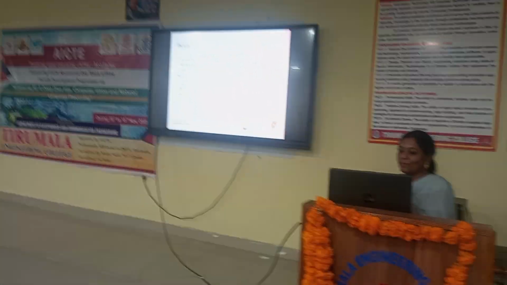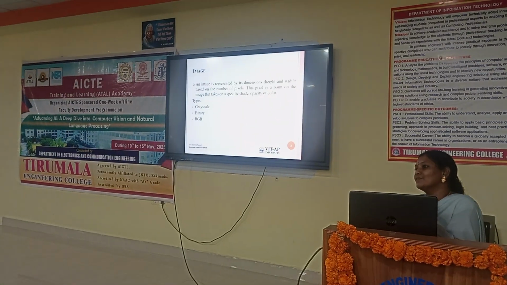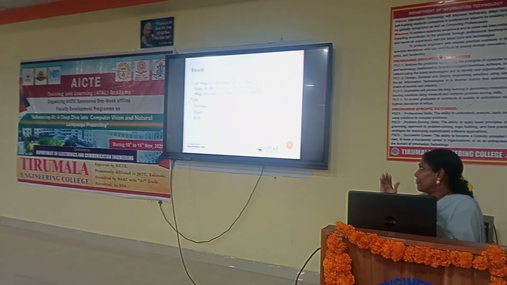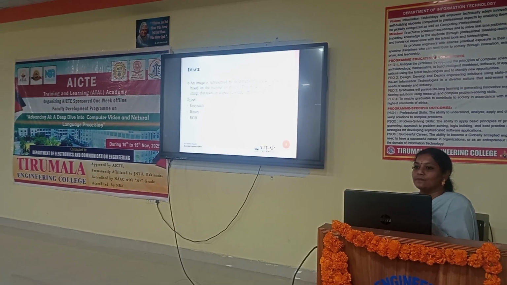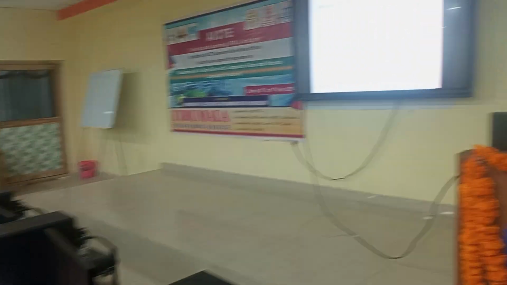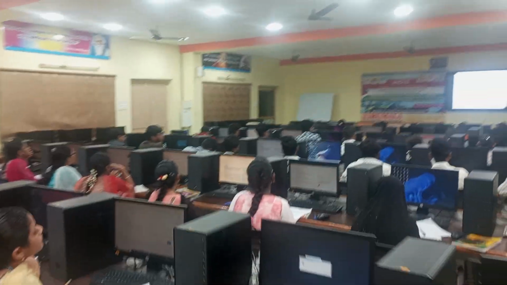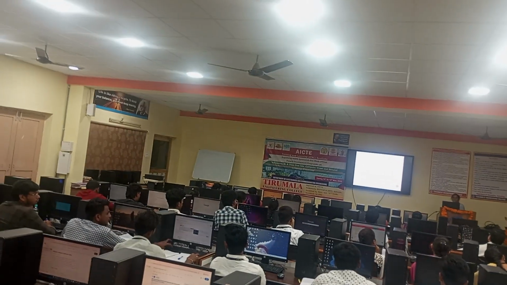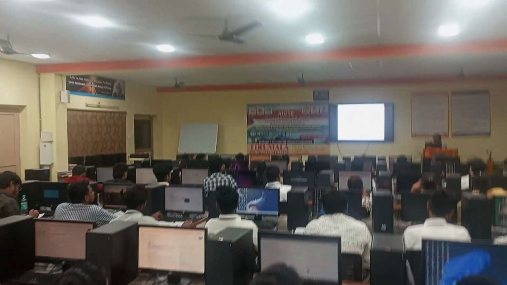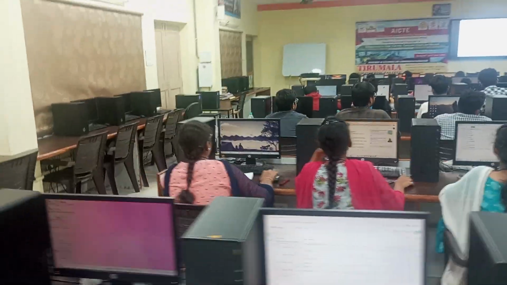So here, an image is nothing but a two-dimensional representation. Height and width are going to be taken. And here the types of images which we can observe are grayscale, binary and RGB. Grayscale is nothing but the gray value which is going to vary from the pixel value 0 to 1. Components in an image, we can extract the features separately. The green color components we can extract, red color components we can extract, and similarly blue color components we can extract. So this is about the basic types of images. One is grayscale, the other one binary, the next one is RGB. These are the basic colors that we have.